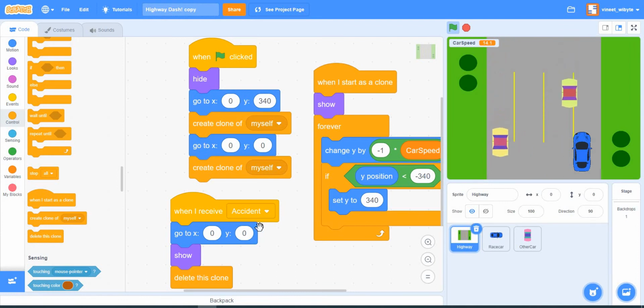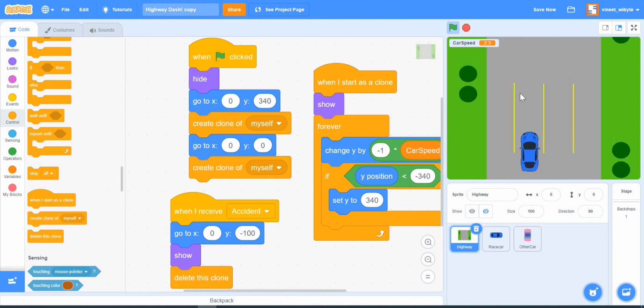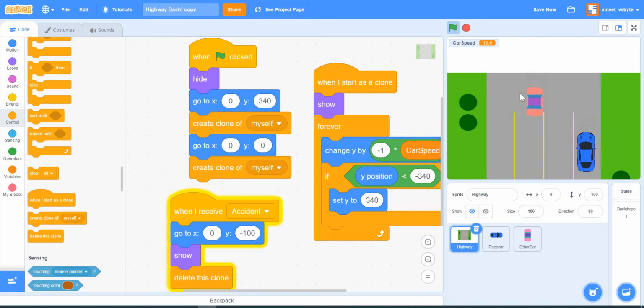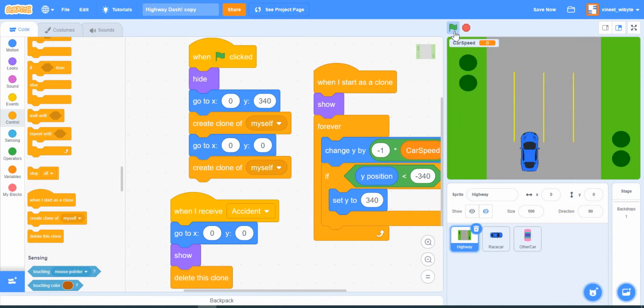If you want to really understand this, you can try some experiment here. Say if I say 0 minus 100. Then what will happen is, if I go and deliberately hit some car, like here, notice it's the new backdrop that is coming. The cloning stopped, so both the clones got deleted. This thing stopped, and only this thing is in the yellow line. That's because it went to 0 minus 100. I do not want that. Obviously, I want this entire screen to be covered. So I'll say go to 0, 0, so that is on the highway backdrop. That takes care of the highway.